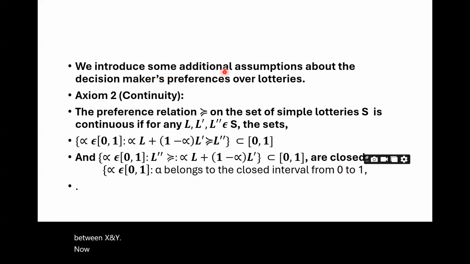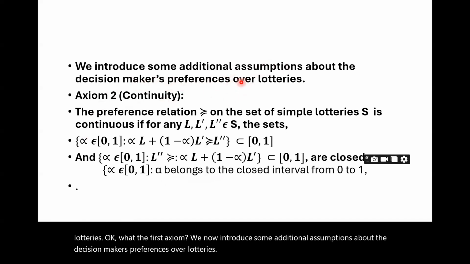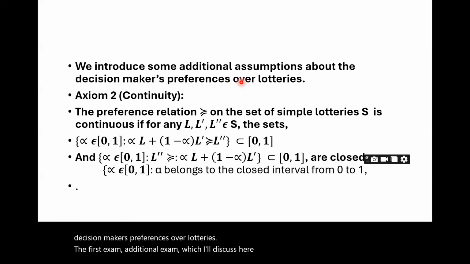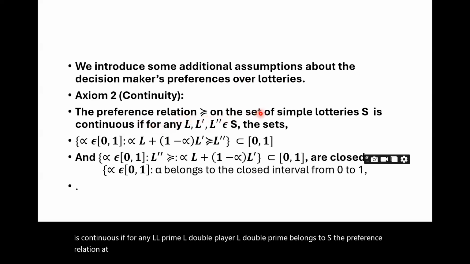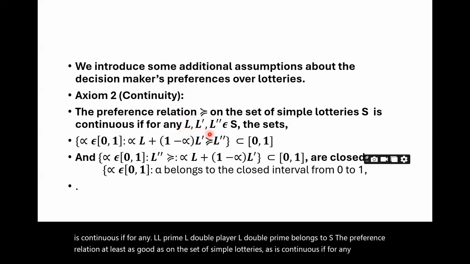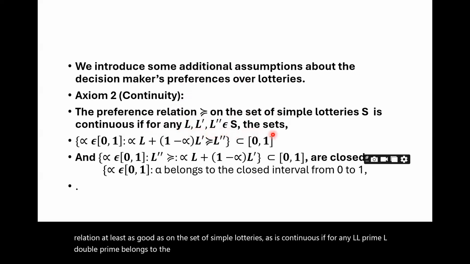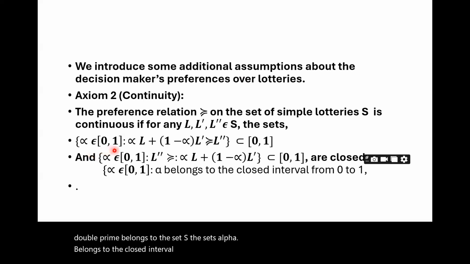Now we introduce some additional assumptions about the decision maker's preferences over lotteries. Okay, the first additional axiom which I'll discuss here is the continuity axiom. The preference relation at least as good as on the set of simple lotteries S is continuous if for any L, L prime, L double prime belonging to the set S, the set of alpha belonging to the closed interval from 0 to 1 such that the mixture of the two lotteries L and L prime with weights alpha and 1 minus alpha is at least as good as L double prime